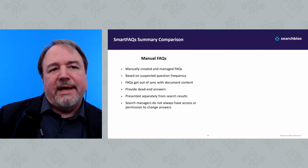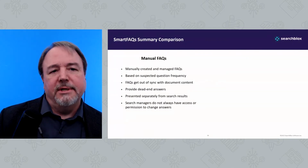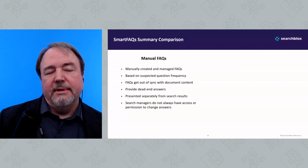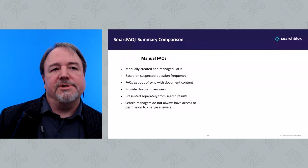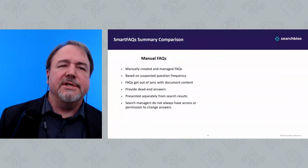And finally, search managers do not always have access or permission to change answers. Sometimes you bring in content from many sources that you don't have access to, and you're asked to make a quick change to an important question that you don't have permission or access to. Let's compare this list